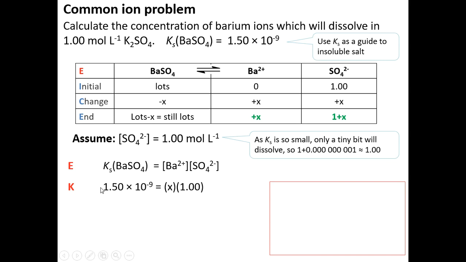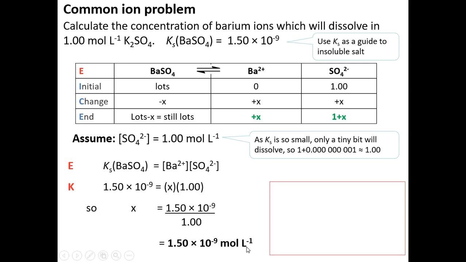So remember, EEC equation, expression, now we substitute into the expression. So we know the Ks, we substitute. Barium ions is X, sulfate ions, we've made the assumption. Remember to state the assumption, and that is 1. Now we simply solve for X, and we get a value of 1.5 times 10 to the minus 9